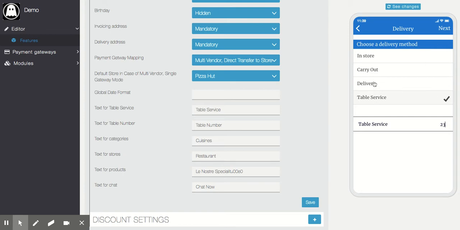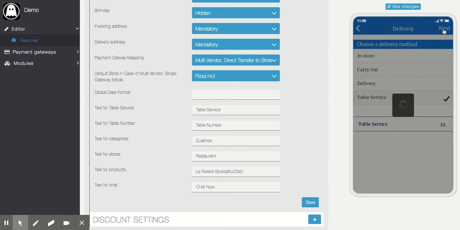You can print your table number on the physical table, and the user can input it. We also have the option for delivery, with different delivery fees that you can charge based on the distance between the user's current address and the store address. For example, for 10 kilometers you can charge $1, for 15 kilometers you can charge $2, something like that, and it will automatically apply on the order. I'll explain that in the settings phase. First, I'm just completing this flow.